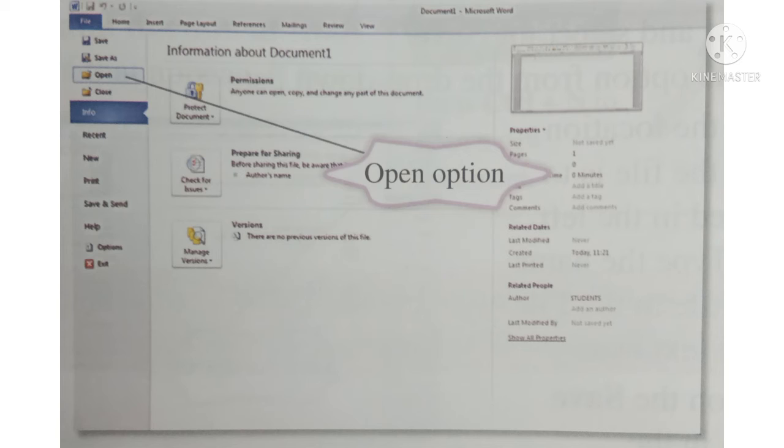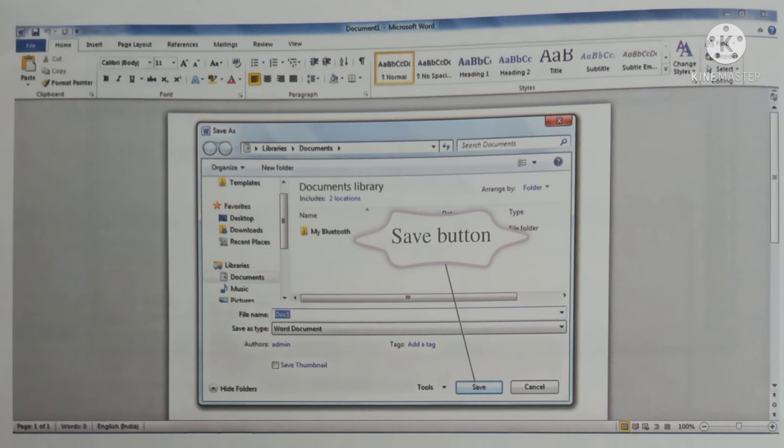Number 2. Select the location where the file is to be saved in the left pane. Type the name of the file in the file name text box. Number 3. Click on the Save button in the lower right corner of the dialog box.